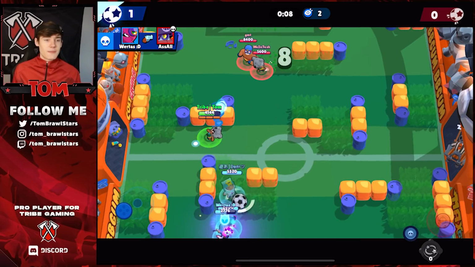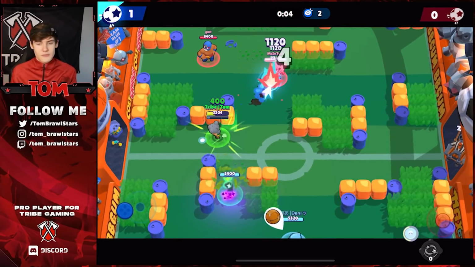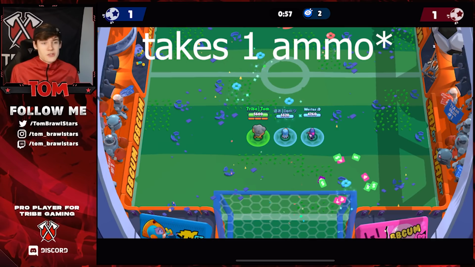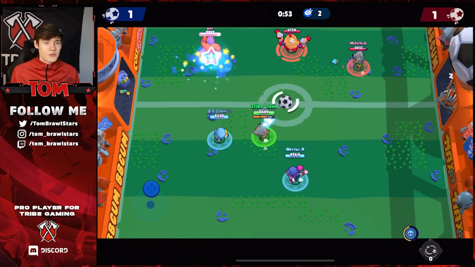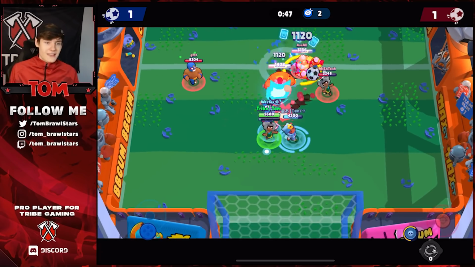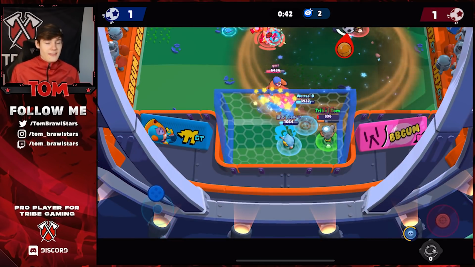Okay, so this final tip is going to be around Brawl Ball, and in particular the actual ball itself. So the ball costs 1 ammo to shoot, and the same for enemies, it costs 1 ammo as well. If you've ever been in a situation where you and the enemy are both one shot and they pass you the ball, you have no shots because you have to pass the ball away, and then they kill you, then you will know exactly what I'm talking about. Passing the enemy the ball is actually a really good tactic,